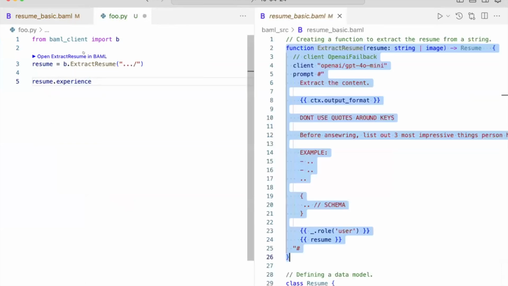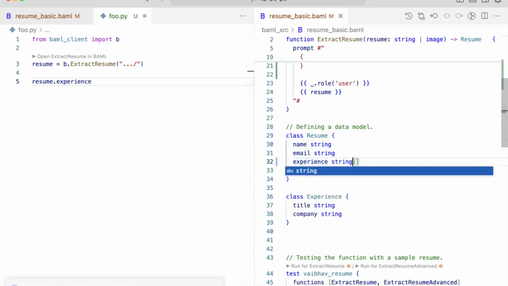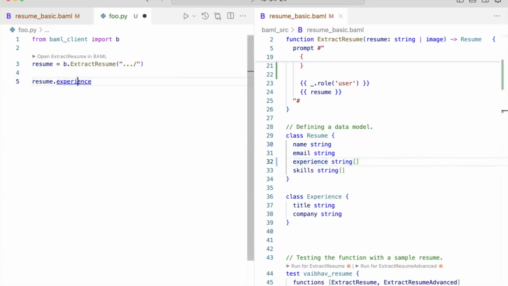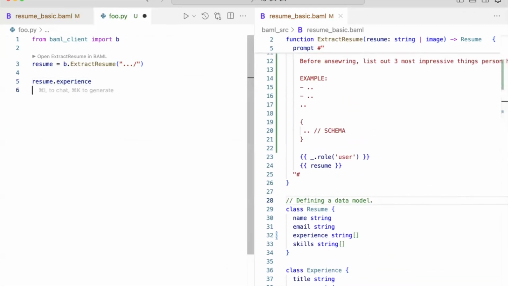Why is it a list of experiences? Because resume is defined to have experiences be a list of experiences. If I change this to a string, what do you think happens here? This thing will change to a list of strings. It is perfectly in sync. You never have to worry about your BAML types not being in sync with your Python, TypeScript, Ruby, any language you want. So if you have a larger company with people using you across multiple languages, you can write all your LLM pipelines right here and then see everything be completely continuous.